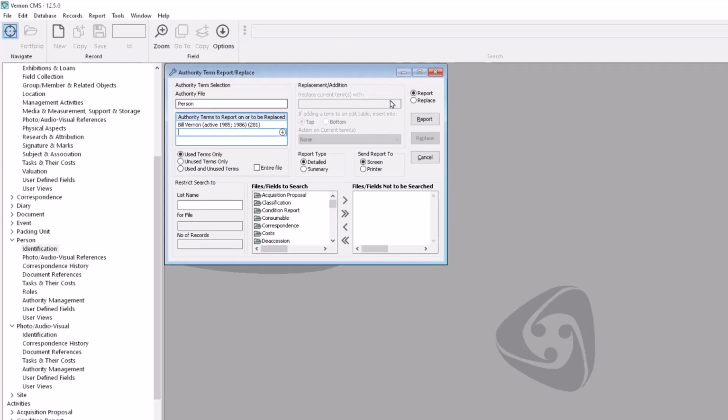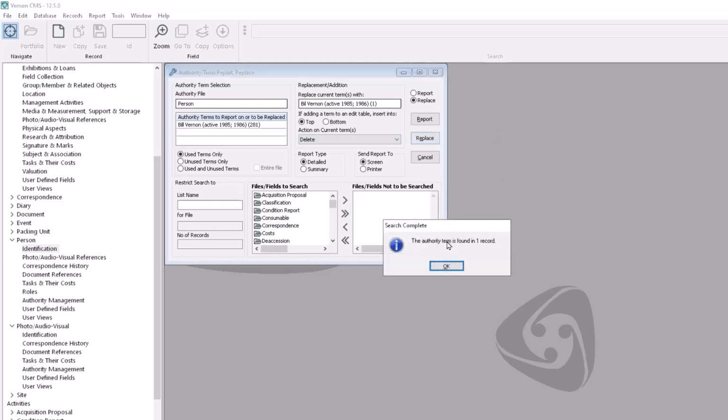And I'll choose the replace option here. And here I'll enter Bill Vernon with 1 L, which is the original correct record. And what I want to do with the duplicate is delete it and get rid of it. So when I click replace,